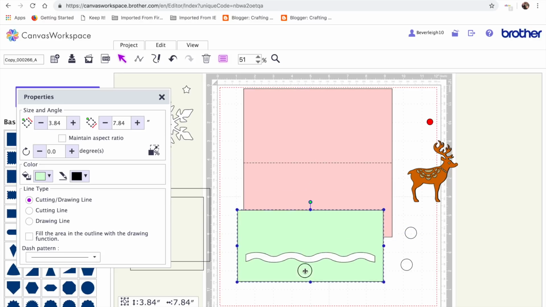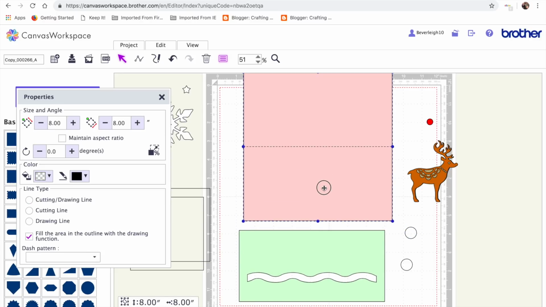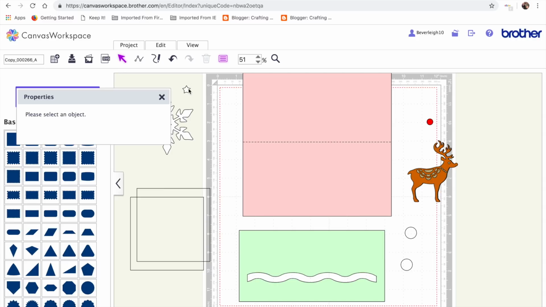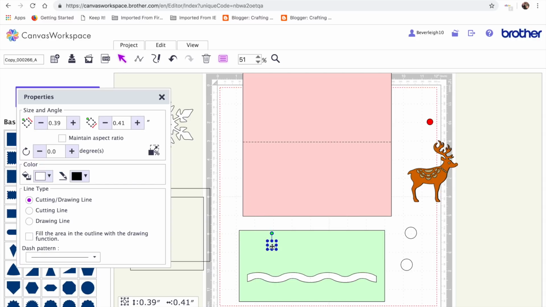So what we're going to do now is, I thought we might have some decoration in the back, so I'm going to put a couple of stars. I'm just going to duplicate those so that we've got a few stars in the sky. And then I wanted a snowflake, and I'm just going to shrink it down a bit. I'm going to bring it to the top,